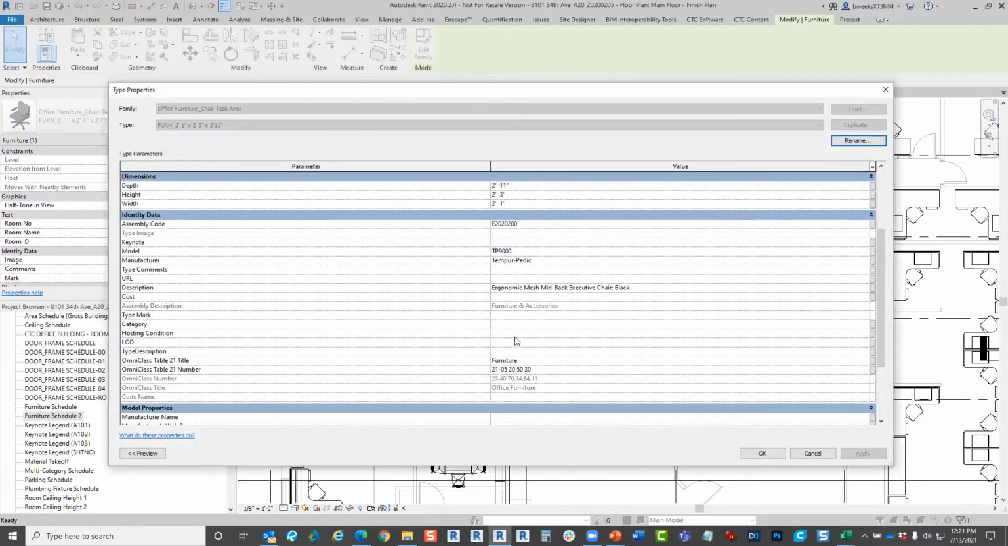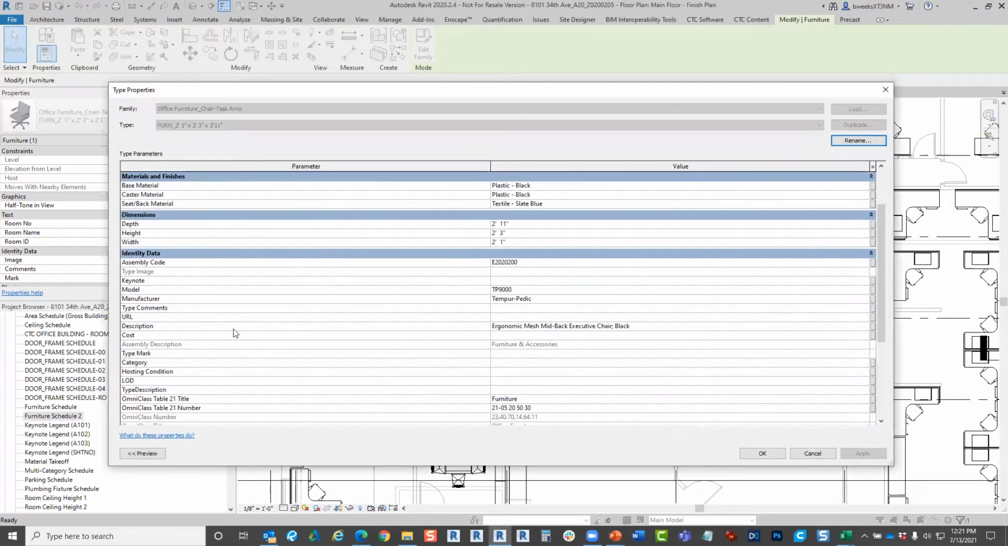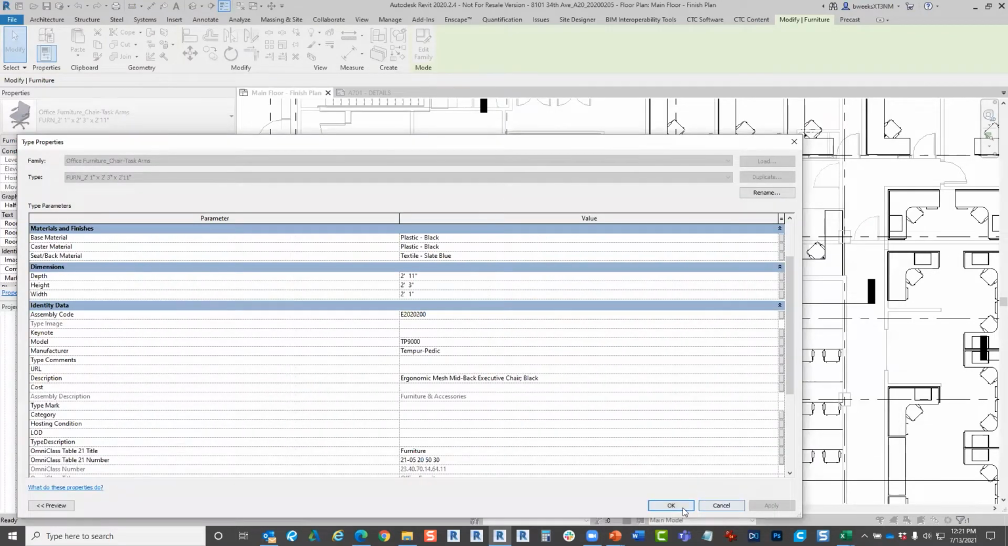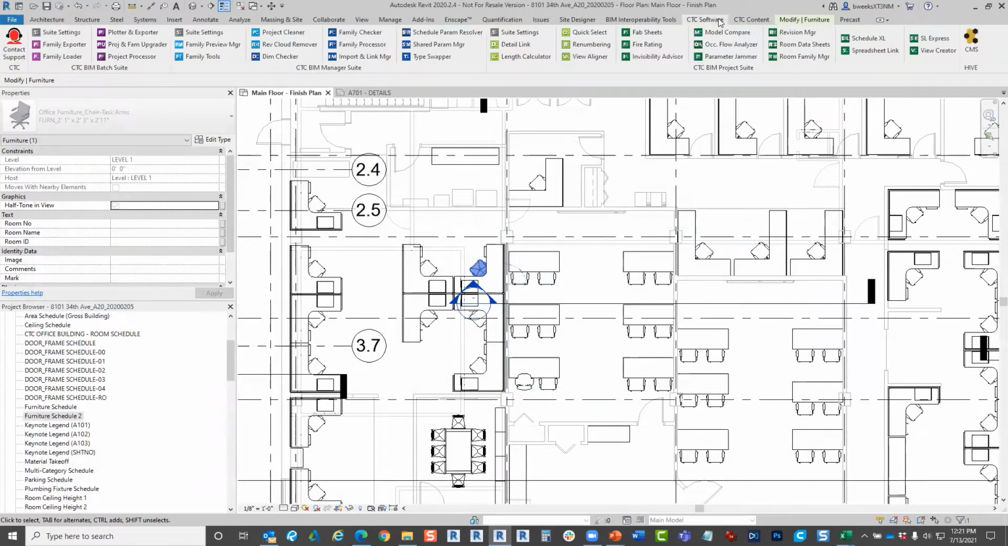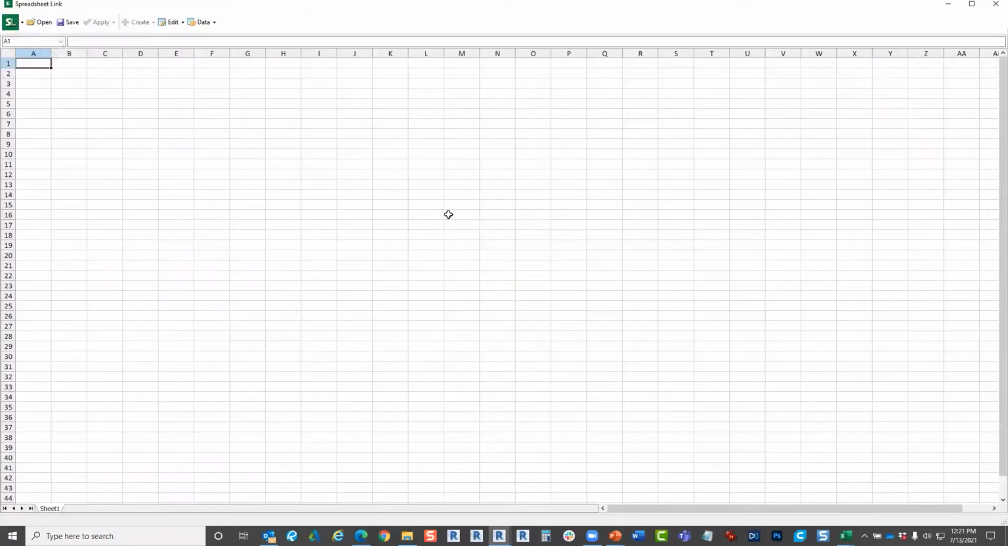And so what I wanted to show you was how there is currently not a cost associated with that chair that we just added a value to. And that's because we didn't apply those values. So if I reopen that file again,